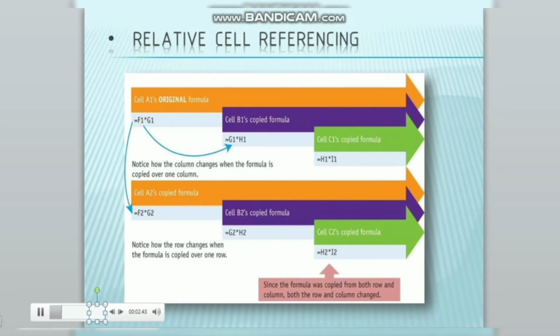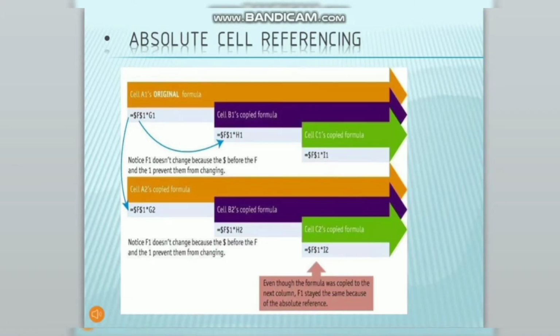Relative cell referencing. In this cell reference, as you move horizontally or vertically, the formula gets copied accordingly. Absolute cell referencing is when we make any of the cell numbers fixed. To do so, keep the cursor on the cell address that you want to fix throughout the entire row and column and press the key F4 once. Once you press F4, that cell has been locked, and now press enter.